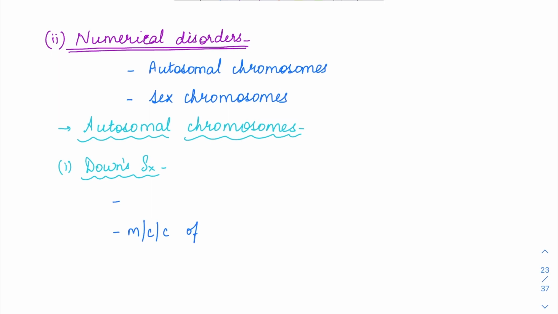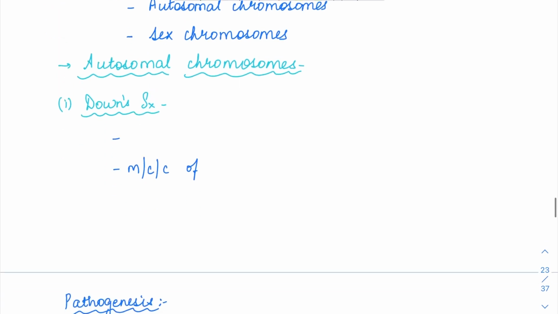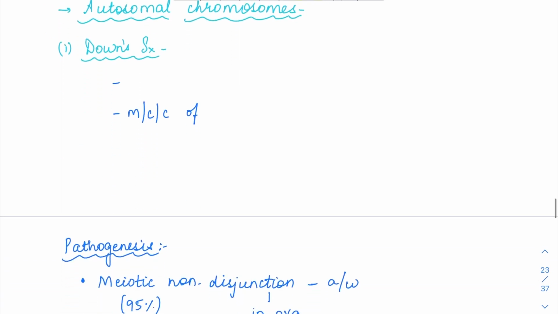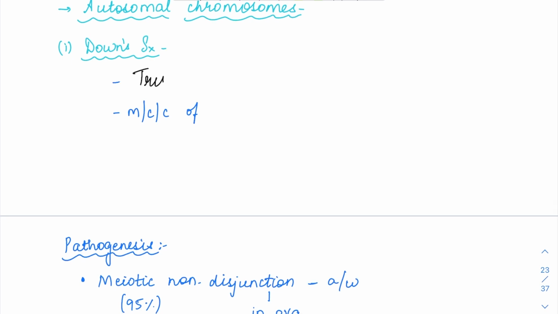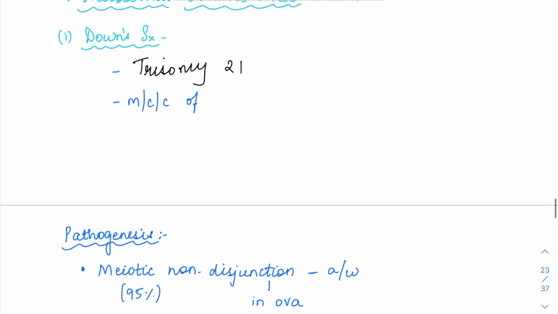So numerical, I already told, the disorder can involve either the autosomes or sex chromosomes. So first we'll see the autosomal chromosome defects. The first one will be Down syndrome. Down syndrome is because of trisomy 21. So instead of 2 copies of chromosome 21, we are going to have 3 copies of chromosome 21. And while reading Fragile X syndrome itself, I told the most common cause of mental retardation is going